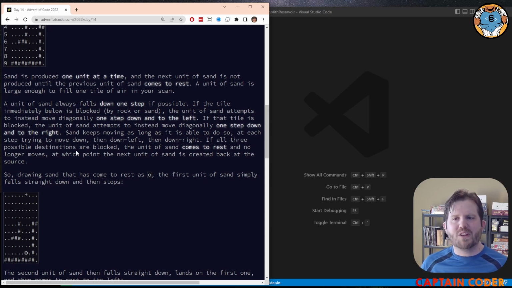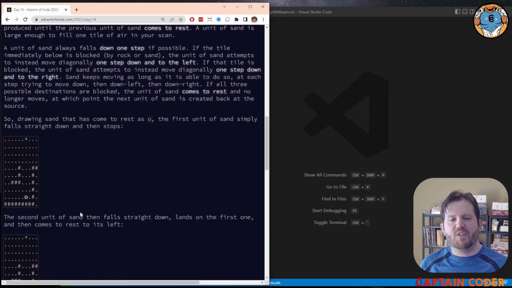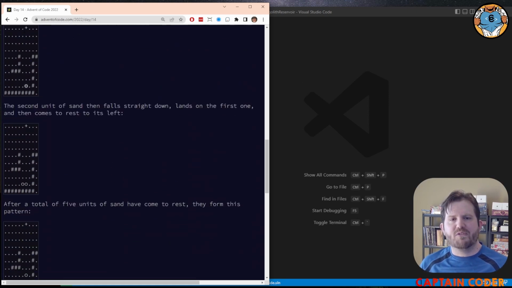To determine where the grain of sand will land, we follow 3 rules. If there is nothing below the grain of sand, it moves downward. If it's as far down as it can go, it tries to move down and to the left. And if it can't go down and to the left, it tries to go down and to the right. That's it. If we follow this example here, we see that the first grain of sand will land directly beneath